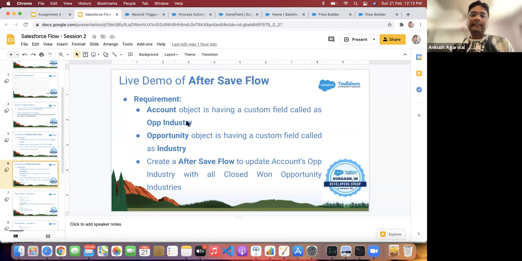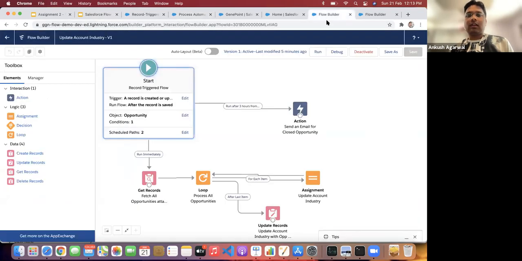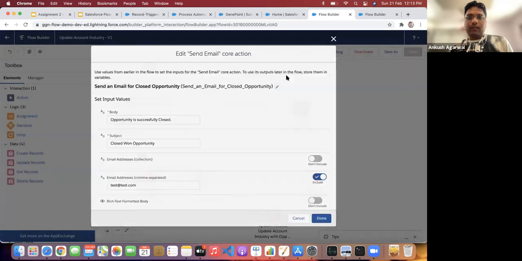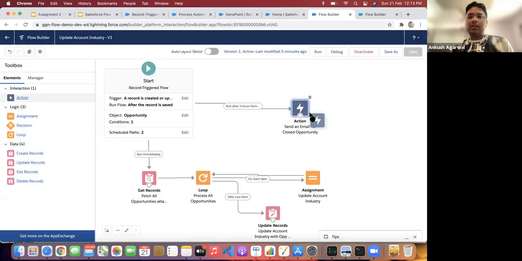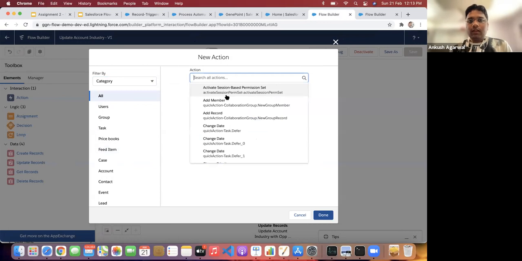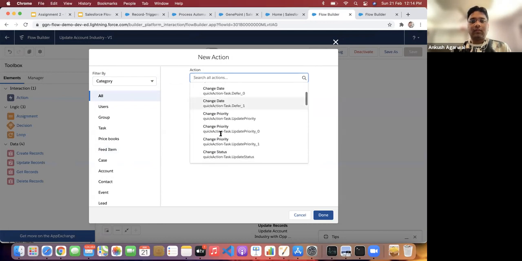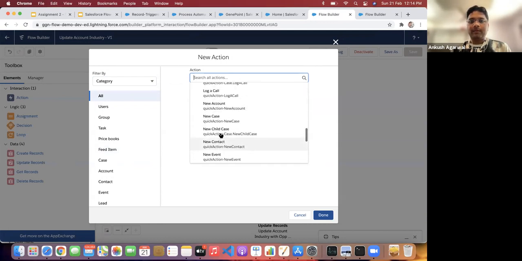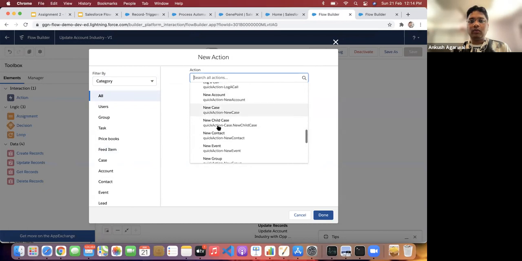Okay, so this is the latest question: can we send push notifications? I haven't tried that part, but what you can do is go and check here on the action. Let me add one more action over here, and you can see all the available options: add a record with the quick action, log a call, new account, or new case.